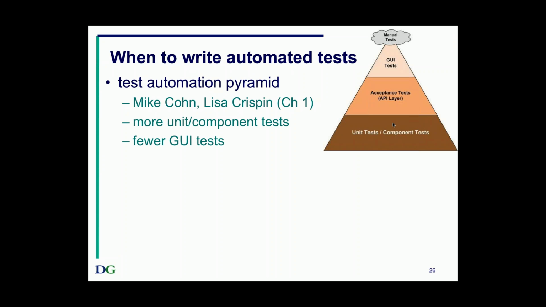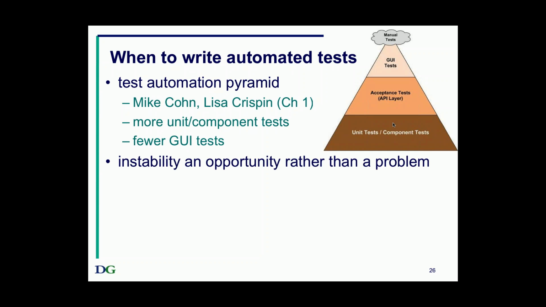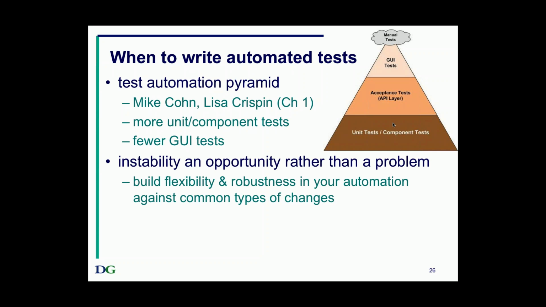At the lower level, the test-driven design, that will be done by the developers. The middle level, and particularly the higher level, might be done by system testers. Now, supposing things are unstable, supposing your GUI is unstable, the developers haven't decided what the layout of the screen is going to be like, what the button names are going to be, where things are going to be, all that kind of thing. Don't look on that as a problem. Look on that as an opportunity. If things are going to be changing around, maybe once the system is live, the things that people want to change now will continue to be changed. So build your automation to be flexible and robust against that type of change.